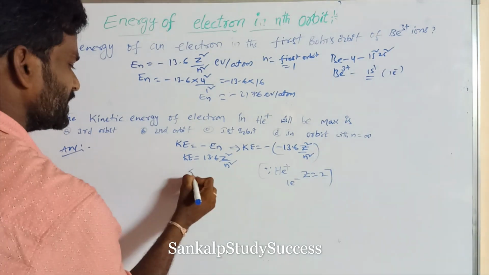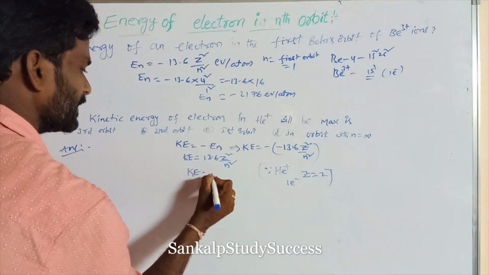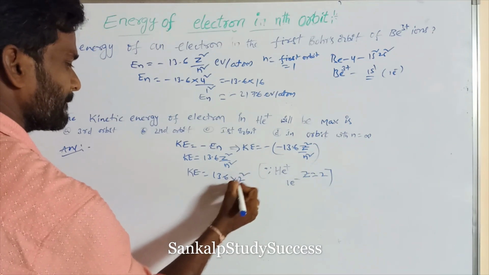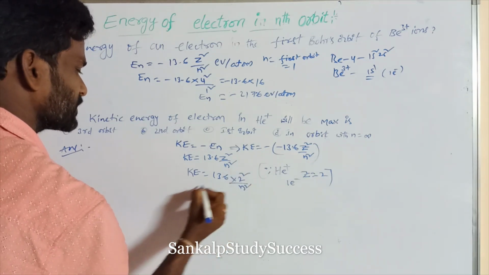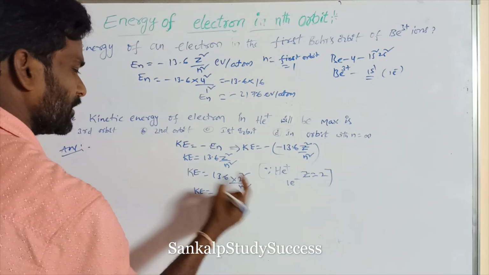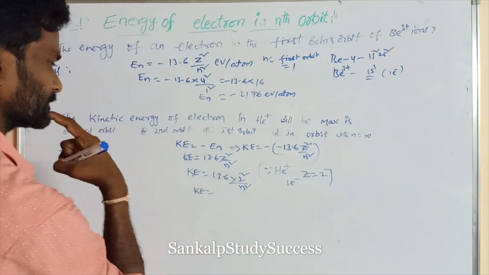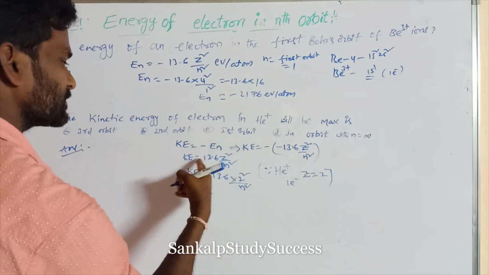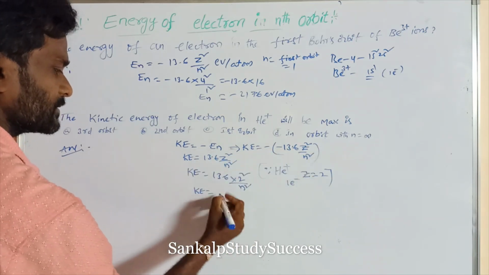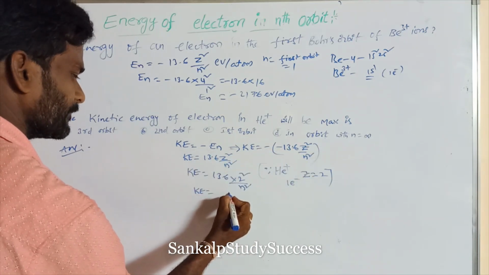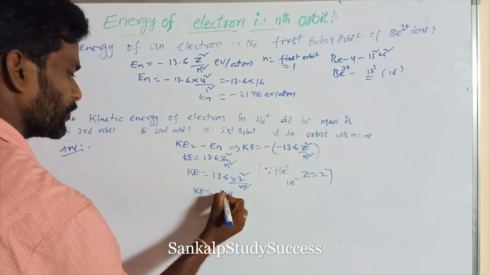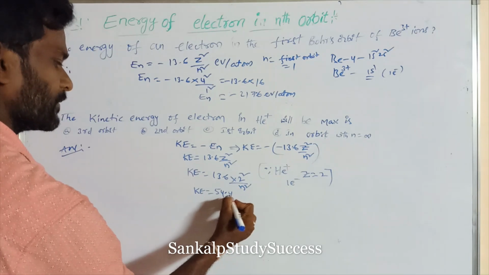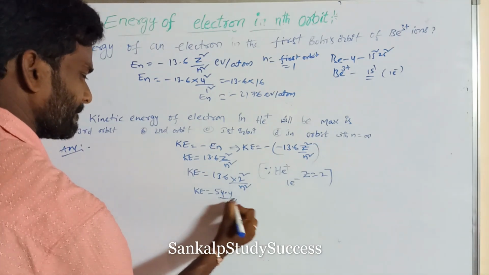So Ke is equal to 13.6 into Z square, 2 square, by n square. 4 times 13.6 is 54.4 by n square